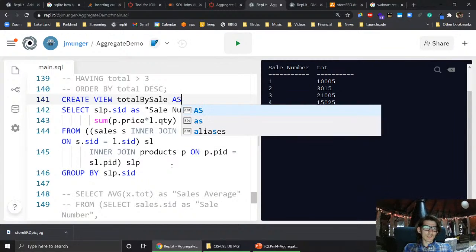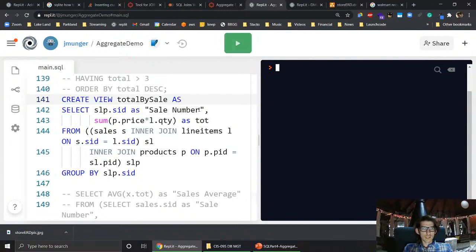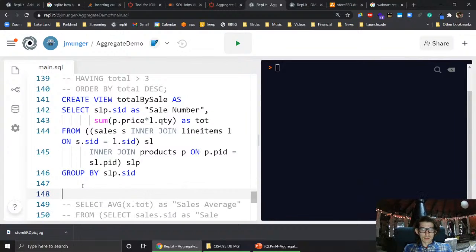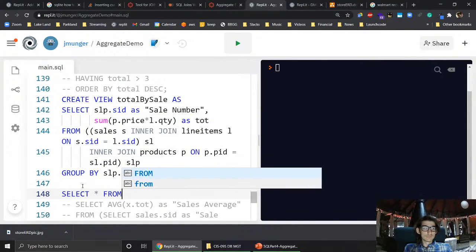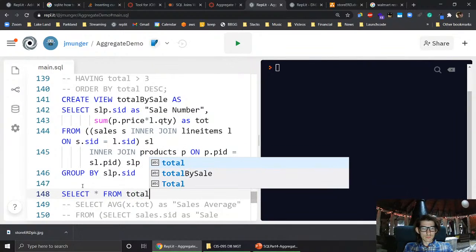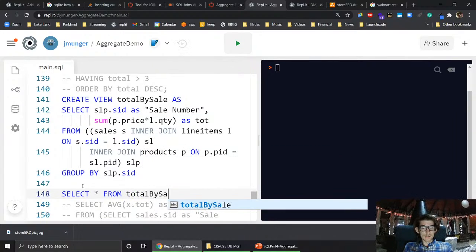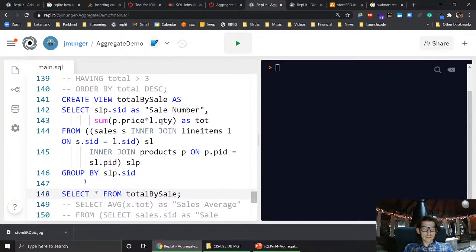And then we say create that as this query. And that allows us to select star from total by sale. All right. And now, whenever we need that information, we can just